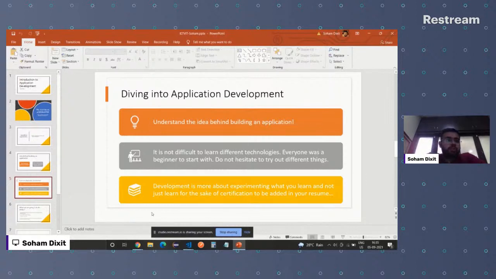So for example, whatever I'm going to teach you today, after this workshop probably try out the different elements and components involved in building an application. Once you try them out, you get an overall idea about how things work, and that's what gives you interest as well. So don't only focus on the certification part, thinking I'll add it to my resume and it will make me stand apart from the crowd. That's not how things work out, because eventually, even if you add it to your resume, they're going to question you about what you have actually added over there.